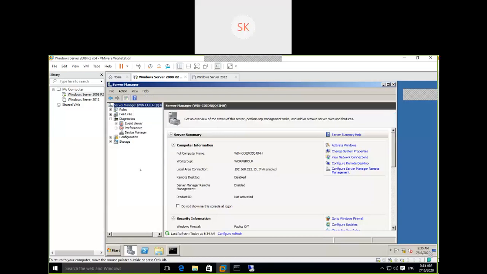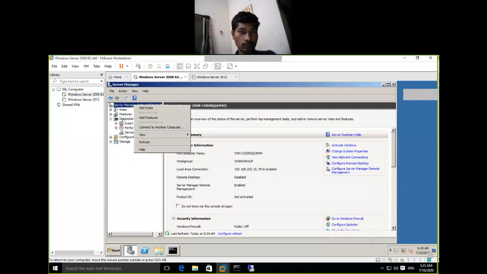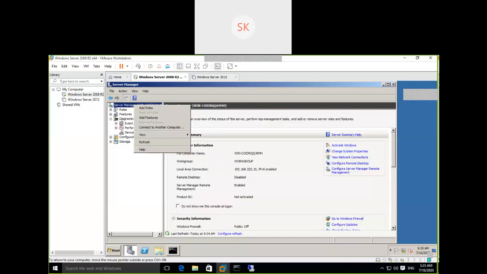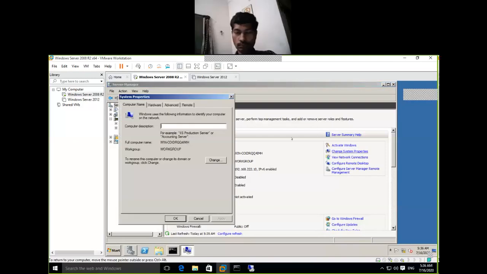Here, see, as soon as you select Server Manager, in the window on the right hand side there is an option, Change System Properties. You need to click on this Change System Properties.